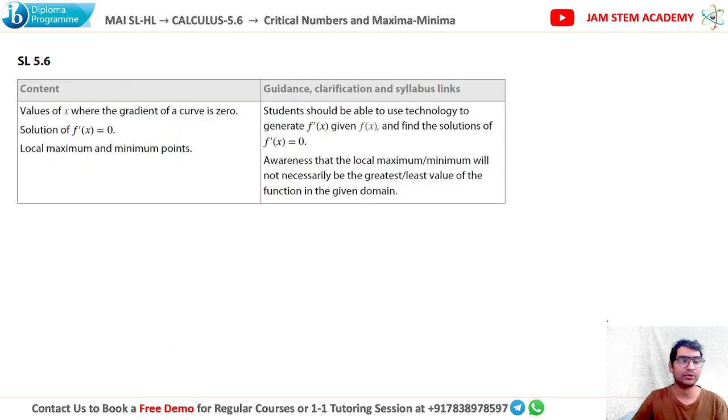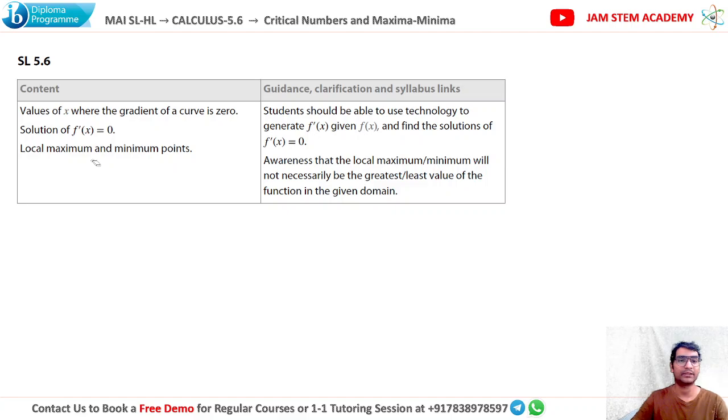Today we are going to talk about SL 5.6, which says we have to find the critical numbers, or you can say the values of x for which the gradient of the curve is zero or undefined. So we will use our GDC to solve the equations where f'(x) equals 0, and we'll see what is the meaning of that and how we can use those for finding the local maxima or